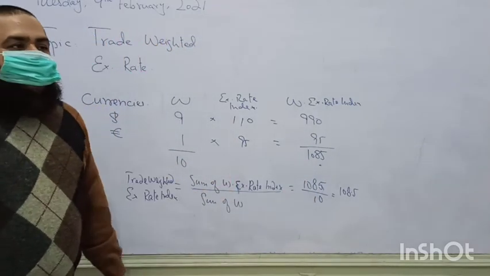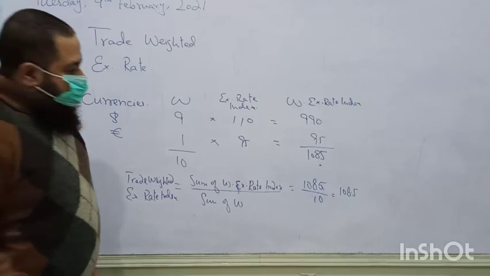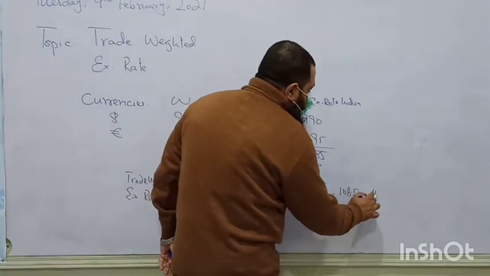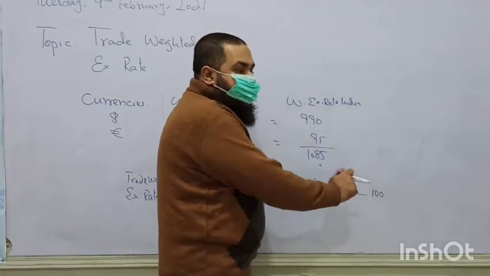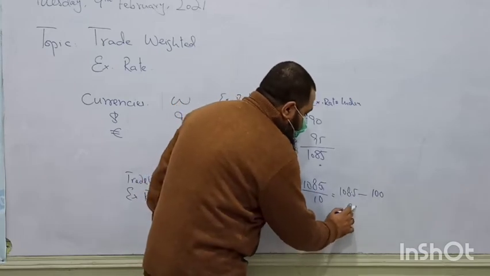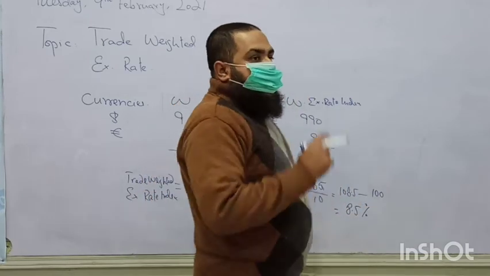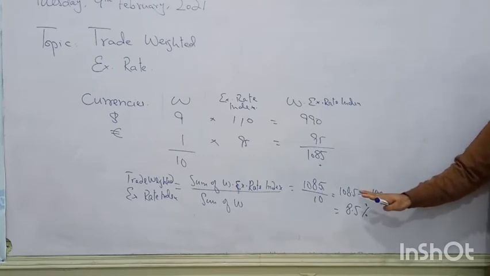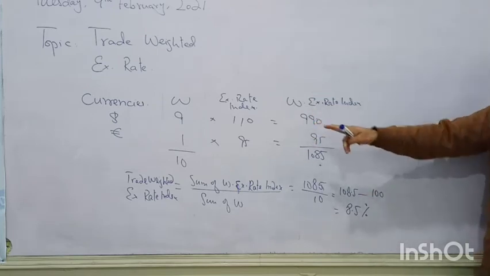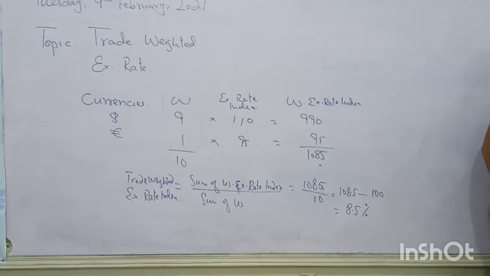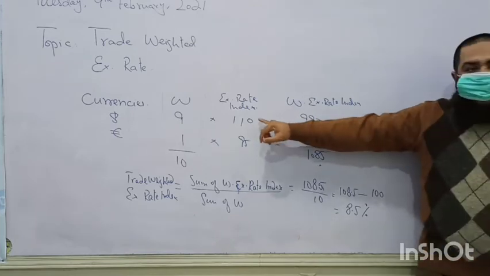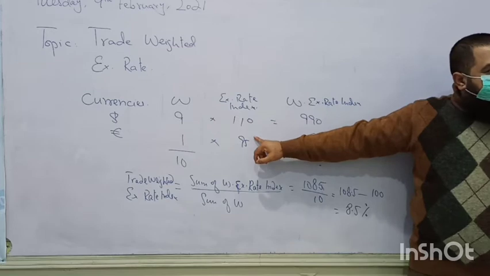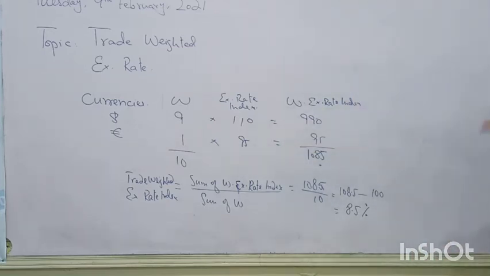How much is the difference from 100? If we deduct the base year trade weighted index, which is always given the value of 100, so it is 8.5%. What does it mean? It means our currency has been appreciated against dollar and euro by 8.5%. Because it was here 10%. Here it was 5% depreciating. So overall, our currency has been appreciated by